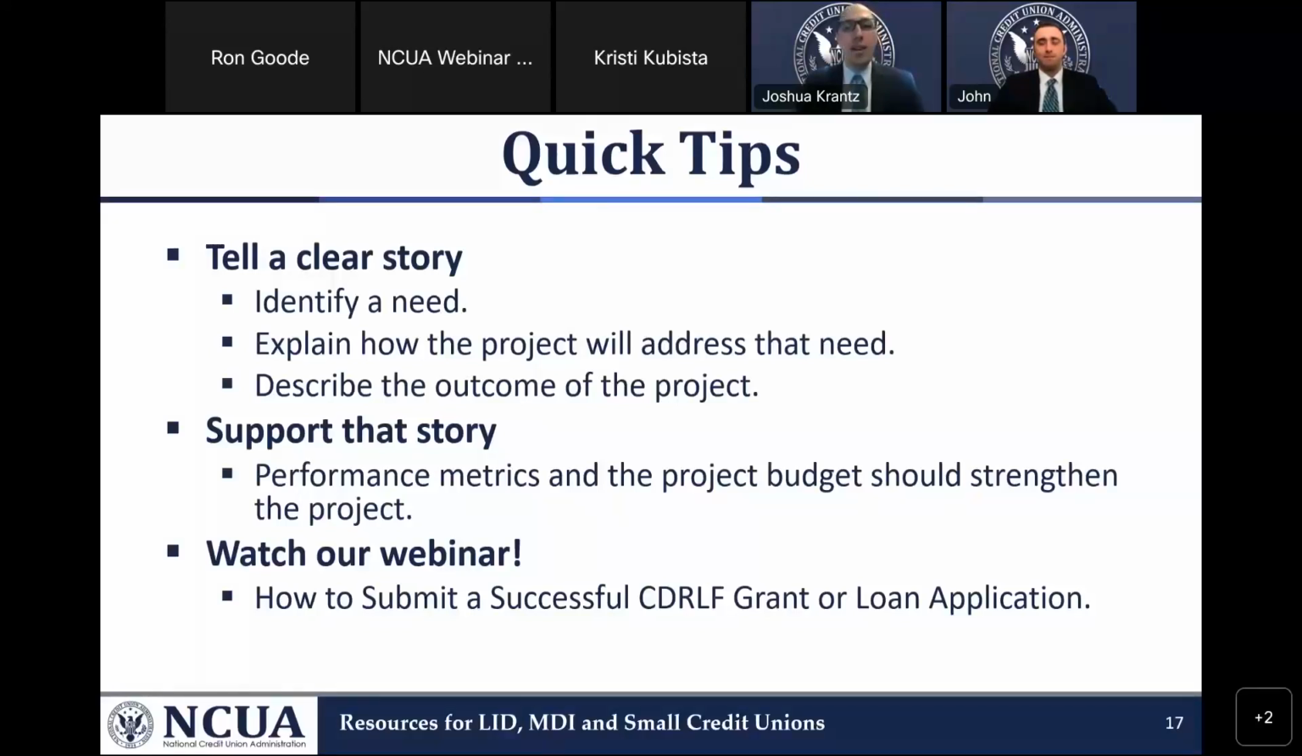And you want to provide quantitative and qualitative data: what your planned deliverables are, how this will benefit the credit union and the underserved community. Again, you're going to want to support that story with performance metrics, statistics, whatever you think can flesh out that story. And then finally, we actually did a really great webinar in the fall that goes into